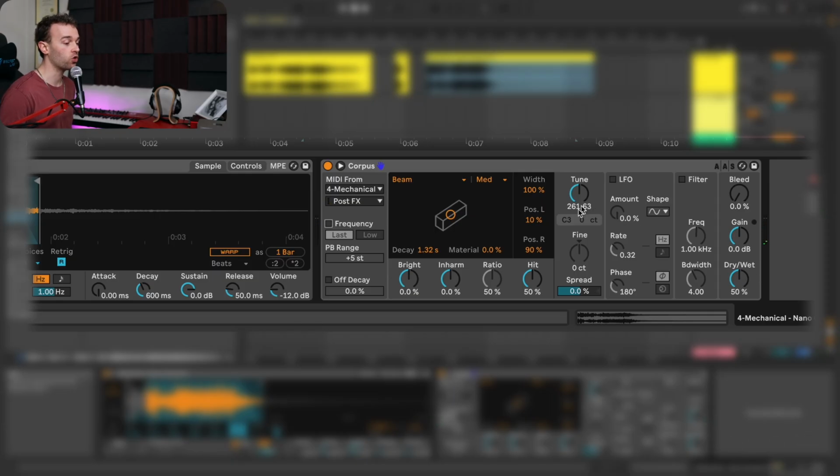I can change the tuning of this beam sound with this tune control, which sounds pretty cool in and of itself, but if we turn back on that frequency control, this tuning control now becomes set to a transpose control because the tuning of this particular device is set by the incoming MIDI note. So now if I play some sounds,